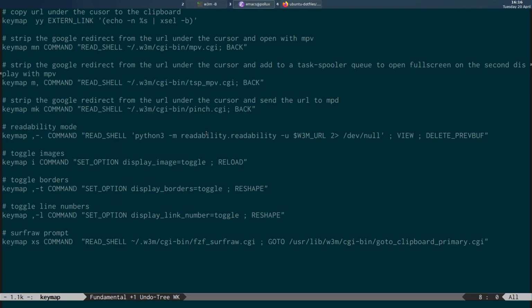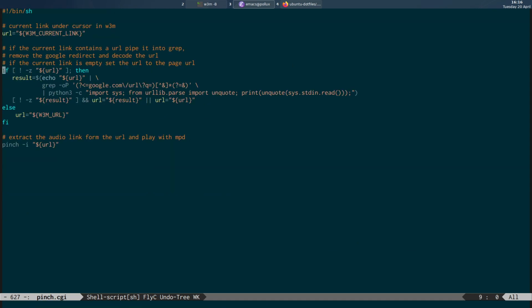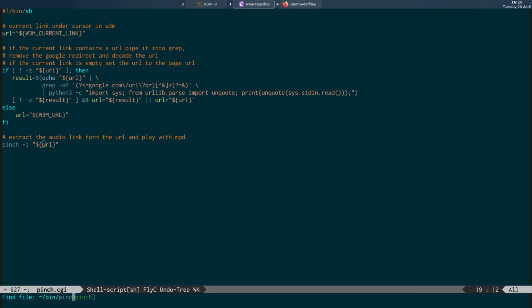So the next one is the pinch script. And basically it's exactly the same thing, block of code up here, and the option we're changing is we're running the pinch script, which I'll show you, with the -i option and the URL. And if I come across to pinch,